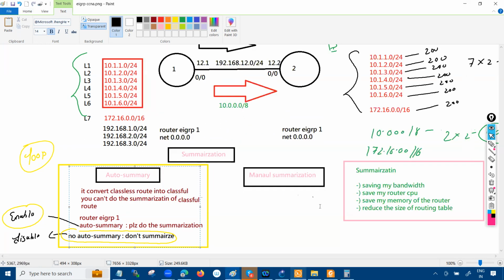Another way of summarization we have is called manual summarization. Manual summarization you do at the interface level. You can do the manual summarization for classful and classless routes. So we don't have any such issues in manual summarization. So whenever the manual summarization comes in the